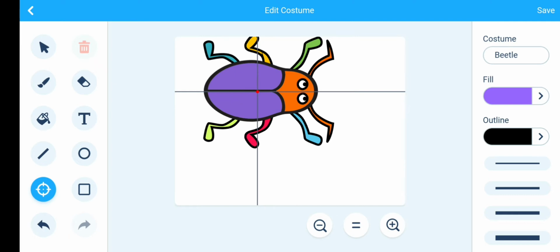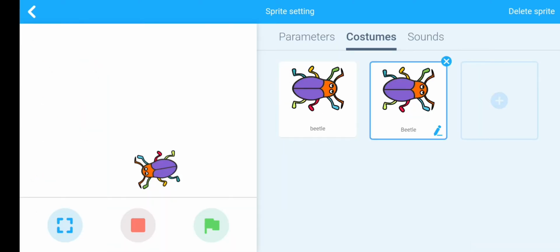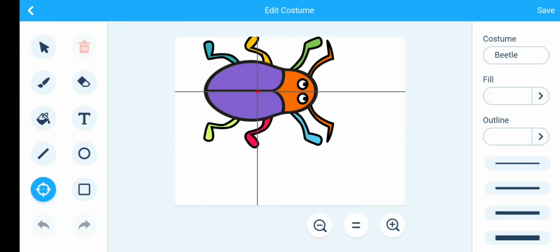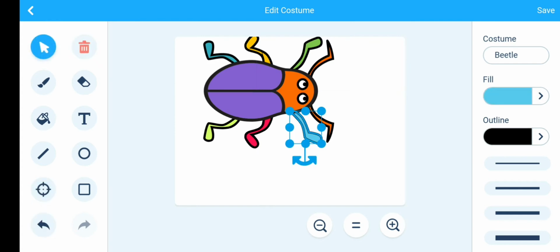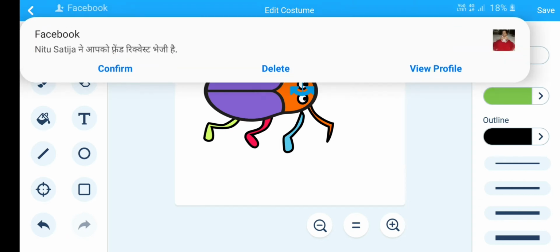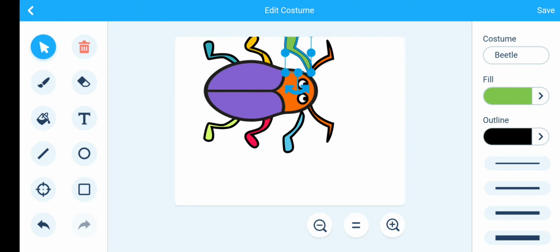Fine. And then save. Again modify. Select the leg. If the leg is in the forward direction, place it in the backward direction. This one is in forward, place it in the backward direction. Fine.